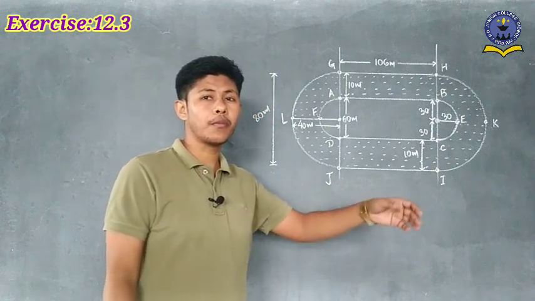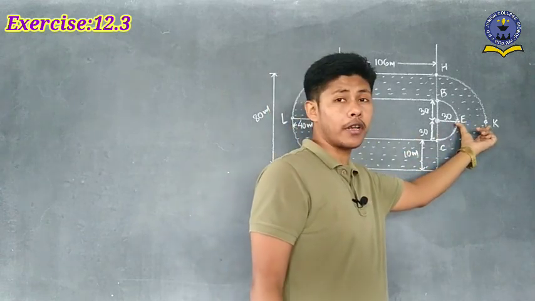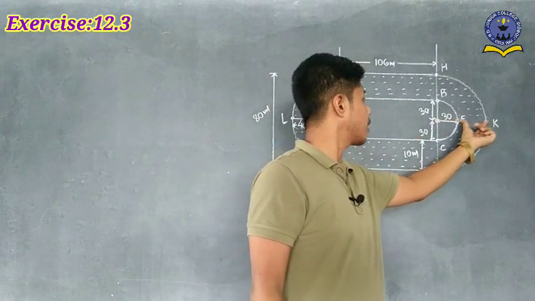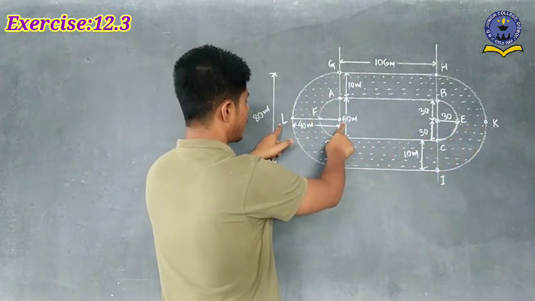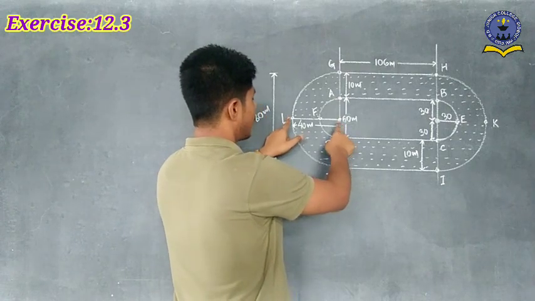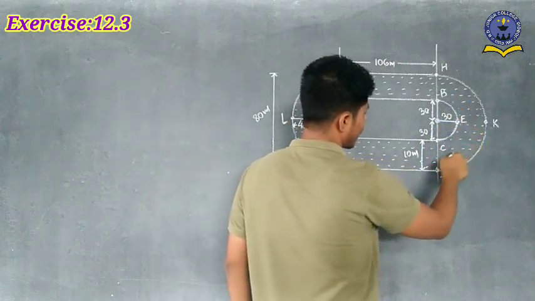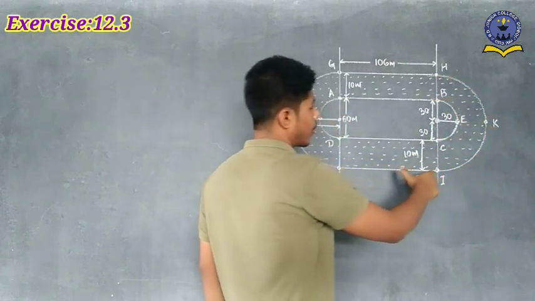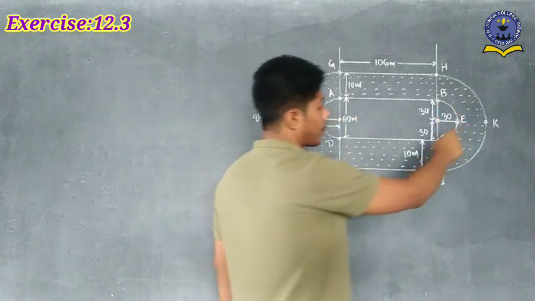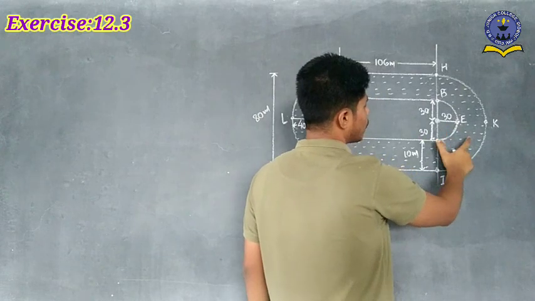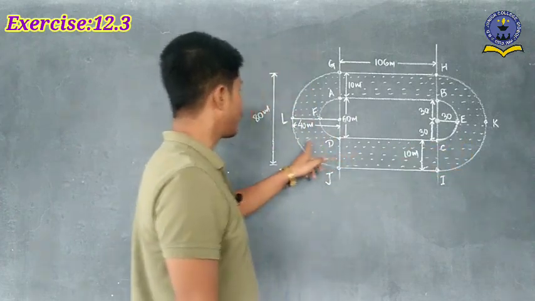But for the bigger one, what you have to do? Since the width is how much? 10 meter. So that means this portion is also 10 meter. So here up to this 30, 30 plus 10, 40. So that's why here written, you see on this side, the bigger one's radius is how much? 40 meter. So to find out this shaded portion, first of all, we have to find out the area of the bigger semicircle, minus we have to subtract the smaller semicircle. And from the bigger, if you subtract the smaller part, then this shaded portion remains.